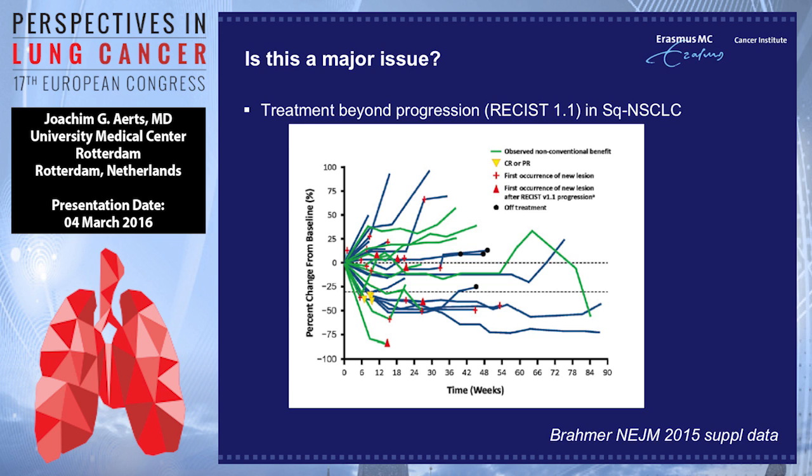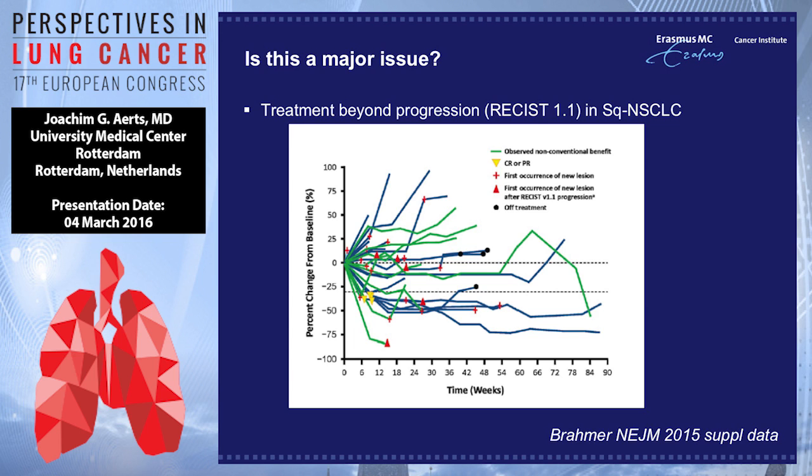So it could be that they had far less tumor than they started with, but there was a growth of the tumor. And these were continued on treatment that you see in blue, and the green ones are the ones who didn't have any advantage of the treatments, that is to say, they had stable disease or a progression of disease as their best response. And these patients were continued on treatment, and you can see here in this spider plot